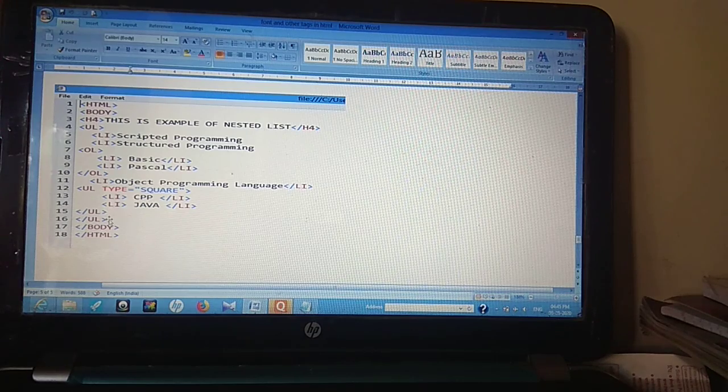And at last, in the end, I am closing the first UL tag that I had used over here. So this is how we can create HTML nested lists as a combination of two or more lists together.